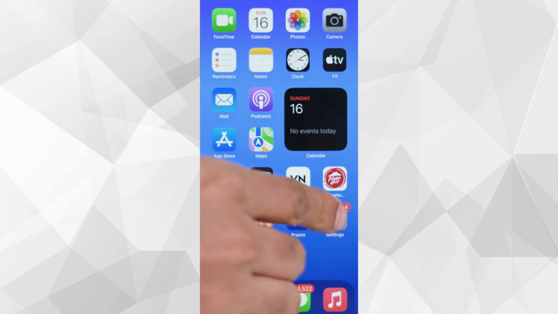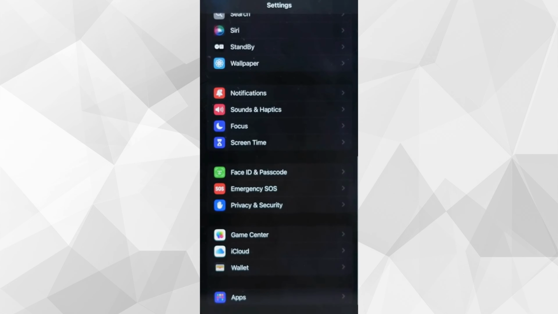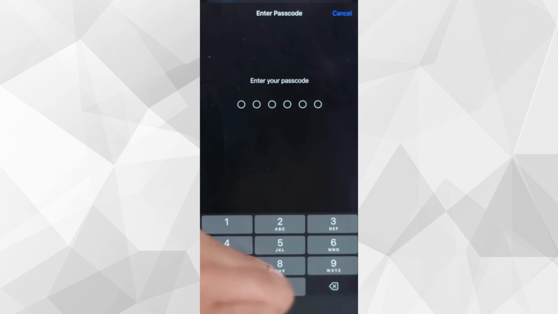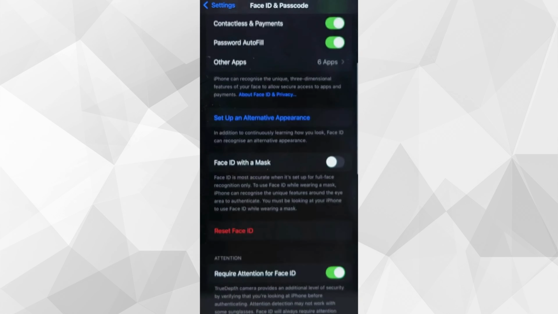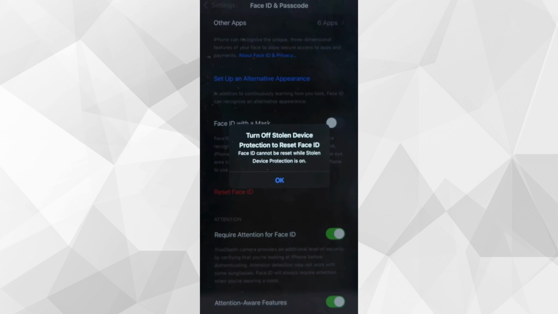First go to Settings, then scroll down, and tap on Face ID & Passcode. Enter your passcode to proceed. Now scroll down to find the Reset Face ID option. Simply tap on it. However, if you see an error saying Face ID cannot be reset while Stolen Device Protection